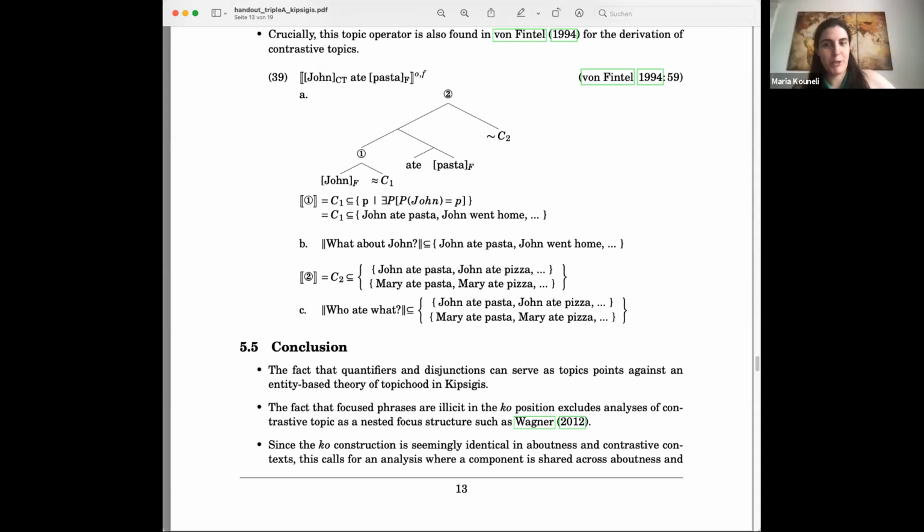Yeah, thanks. I mean, we know we should do that. So we haven't really done it systematically. The only thing we can say is that the composition is definitely licensed in some embedded contexts, at least, so with verbs like know or think, we have the data and you can have it in the composition, but we haven't investigated different types of embedded contexts and then different interpretations, I guess, that you could have. So we haven't done that yet.